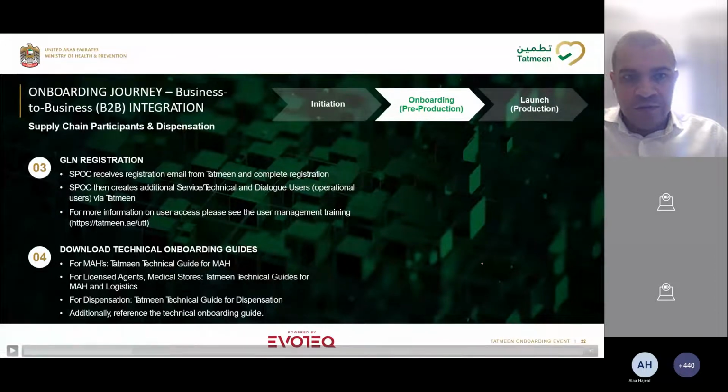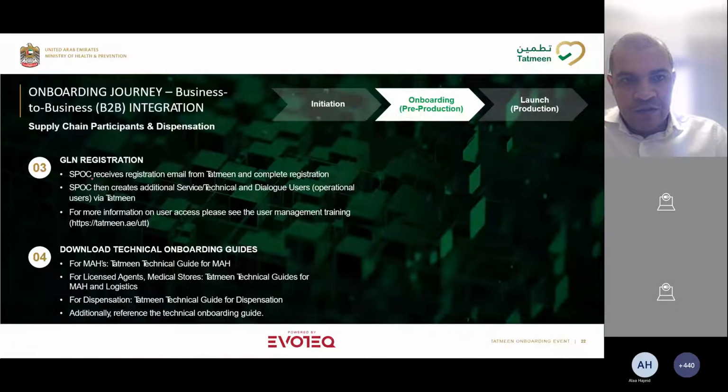All right. So we're at step number 3. GLN registration. This is where the single point of contact receives the registration email, logs in the Tatmeen portal, creates